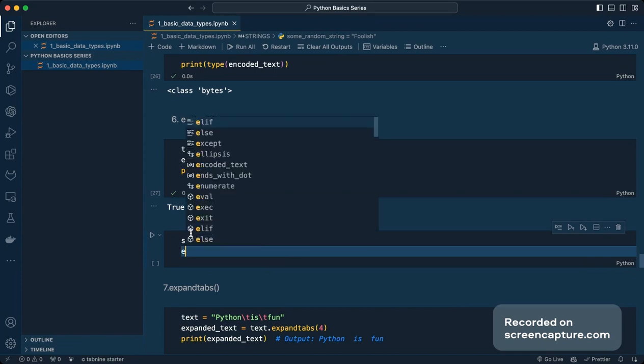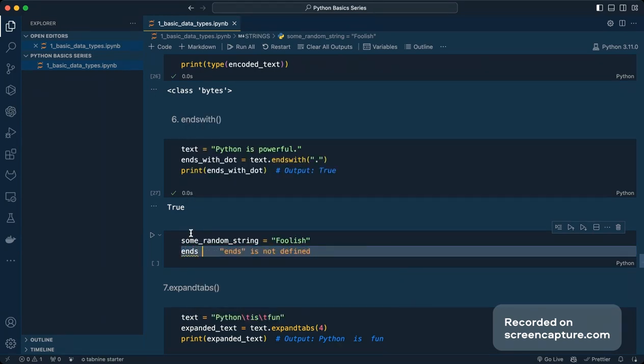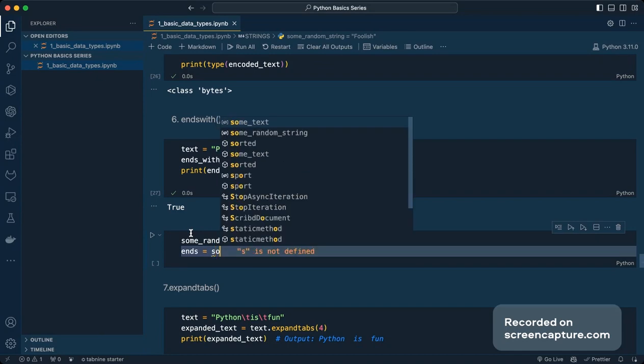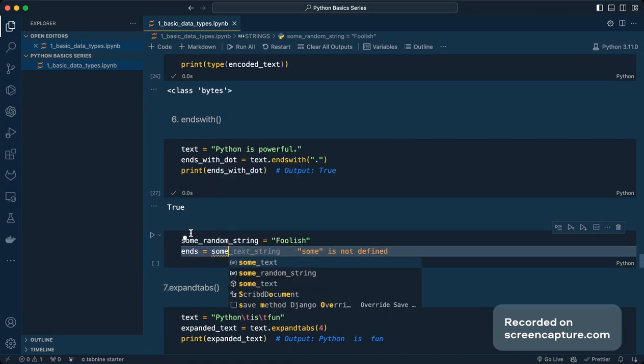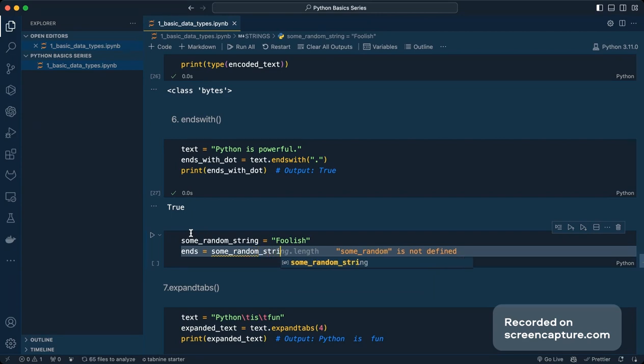Okay, and if I try to use endswith, I can give any other name to the variable. In this case, I will take this one up. If I try to give this as endswith,